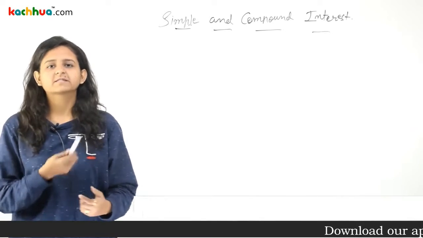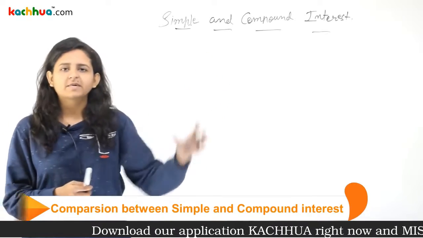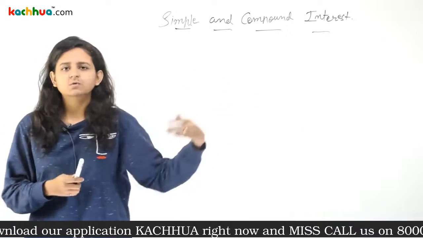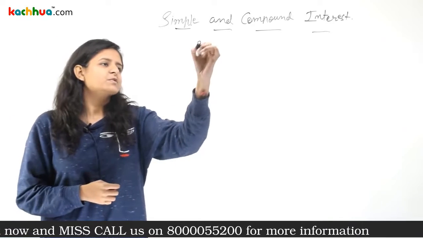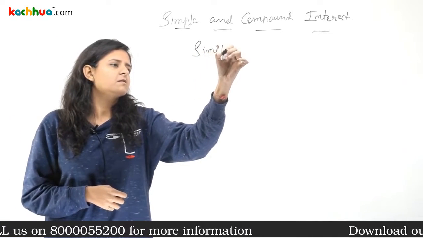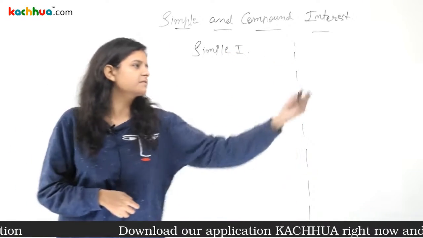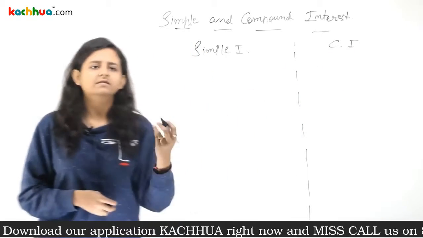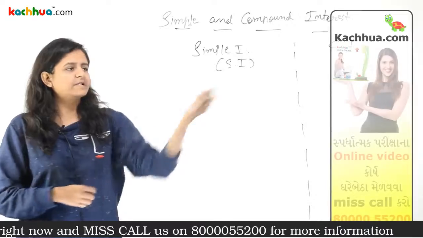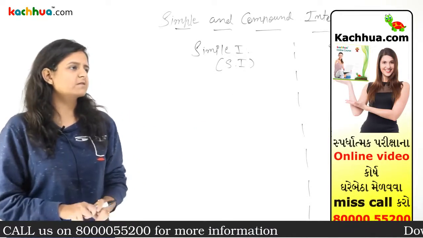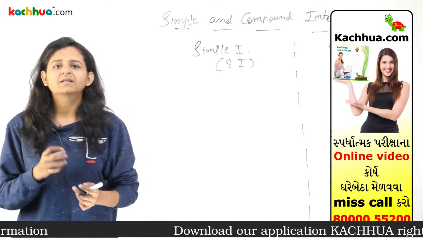Now we'll understand simple interest and compound interest by an example. I'll write simple interest over here and compound interest over there, so we can compare them and understand. So I'll say simple interest, and that is compound interest, CI, and this is SI. Now simple interest. So simple interest is, if I say the principal, now we know what is principal, the amount